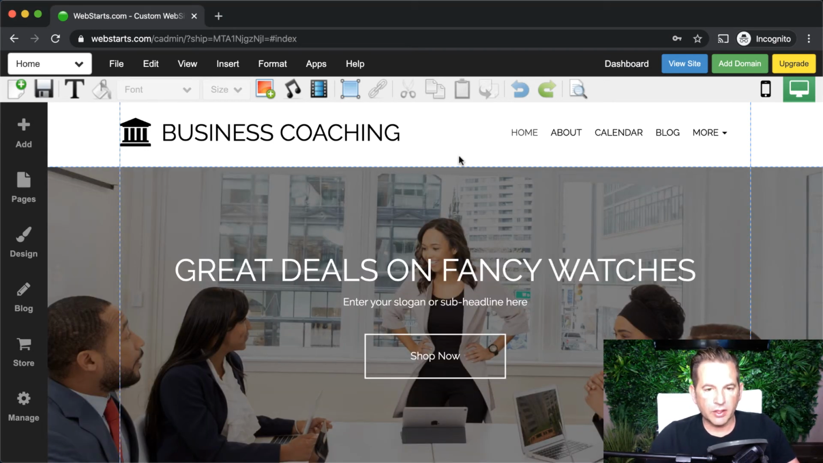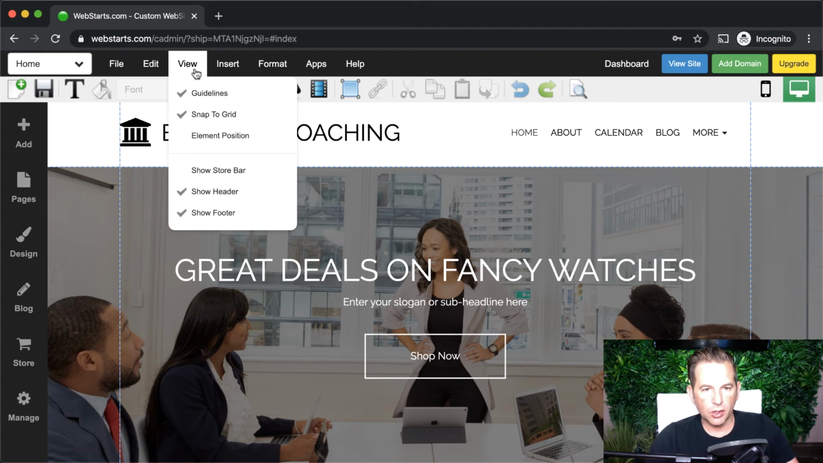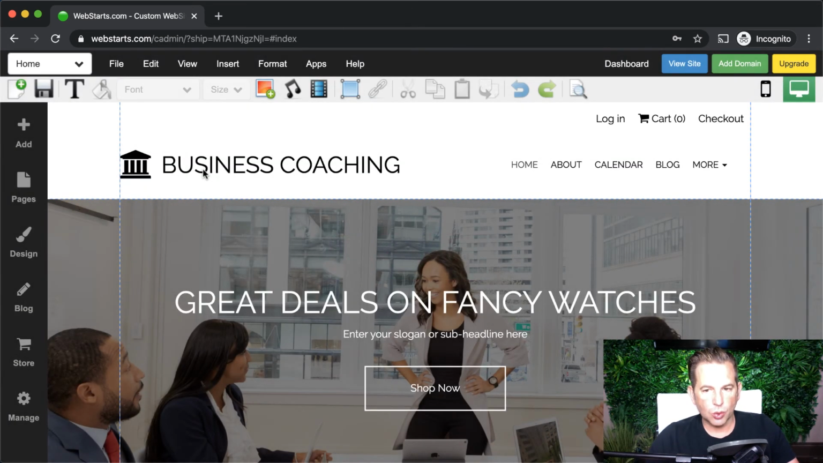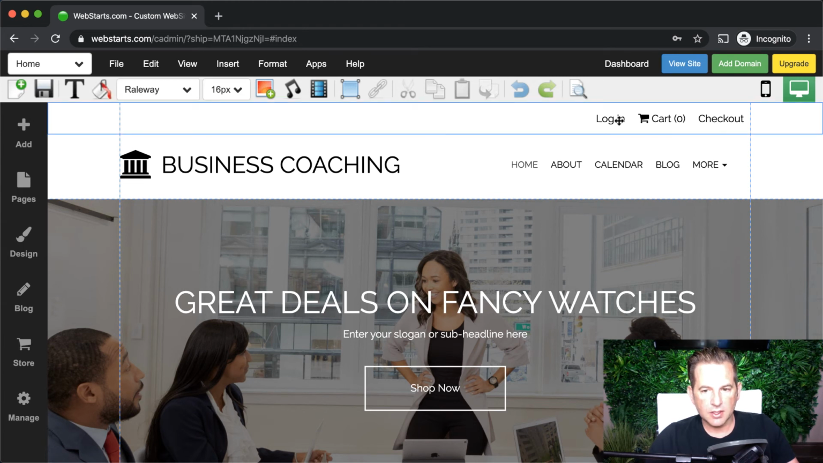Before you present your store to the public, one thing that you'll probably want to do is enable what's called the store bar. You can find this by clicking View and then checking Show Store Bar. And what this does is it presents on each of your web pages the store login link, the cart link, and the checkout link,